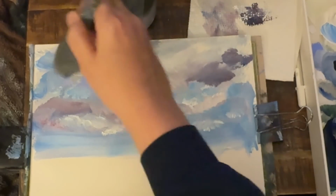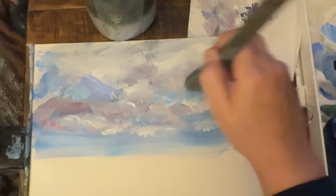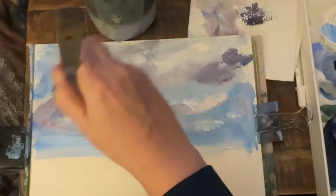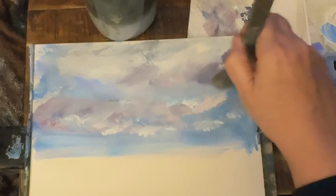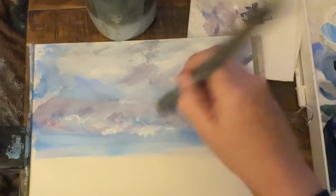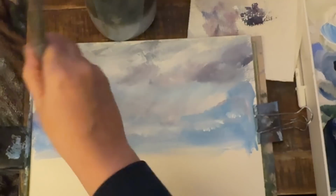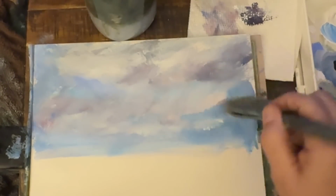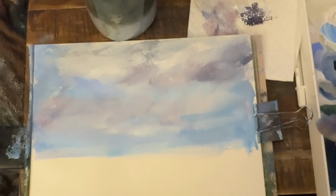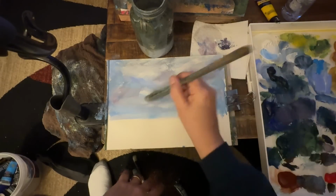Maybe work the lighter colors first. Just kind of tap and move. Blending things as you go. I always really like doing skies, but they're always a challenge. Now the idea is when you get to something that you like, put a little